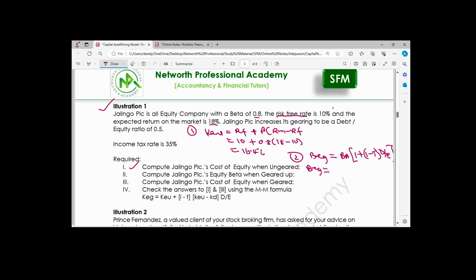The examiner told you the debt to equity ratio is 0.5. How did I know that 0.8 is the beta of assets? The examiner told us in the question that Jalingo PLC is an all equity company. There's no debt in its capital structure. So if that is the case, then that would be 0.8, then multiply by 1